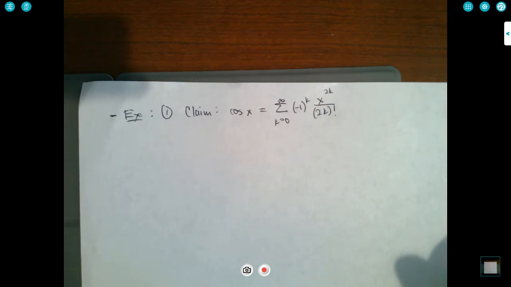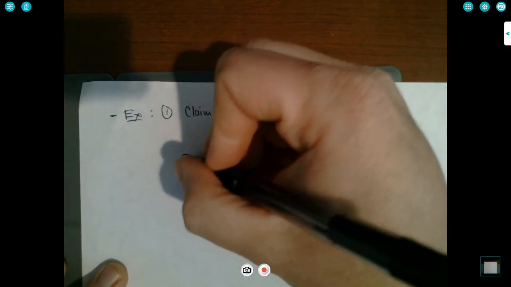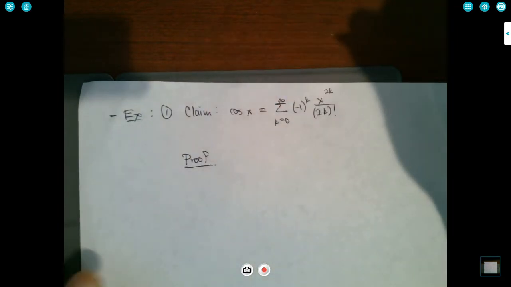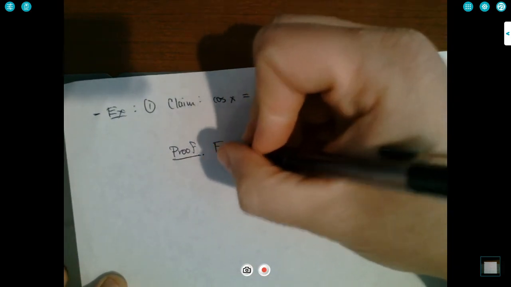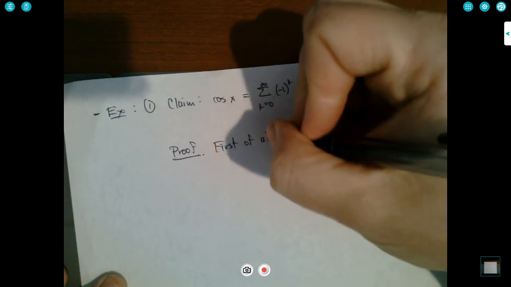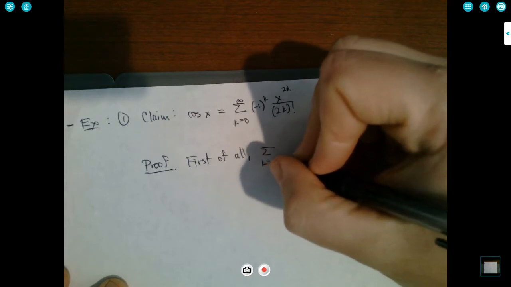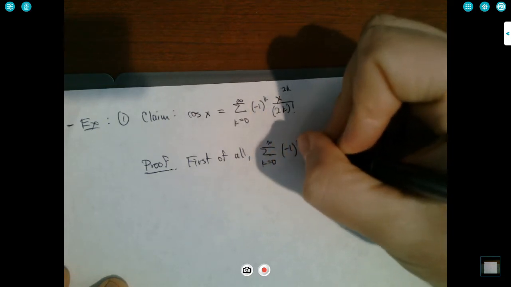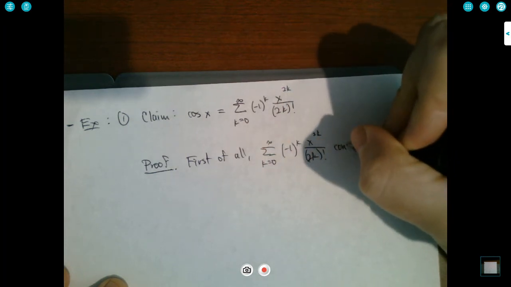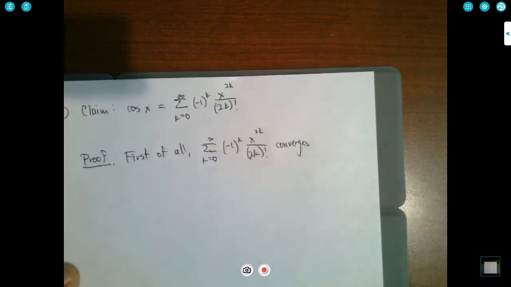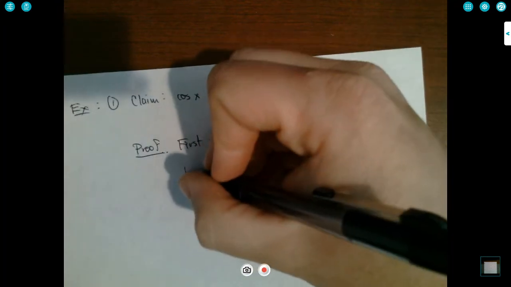Well, we've already shown that this thing converges for all x. So I'm not going to do that again. Actually, I don't know if we've shown that together, but it's easy to do, right? So maybe I'll say this. First of all, it converges for all x because,